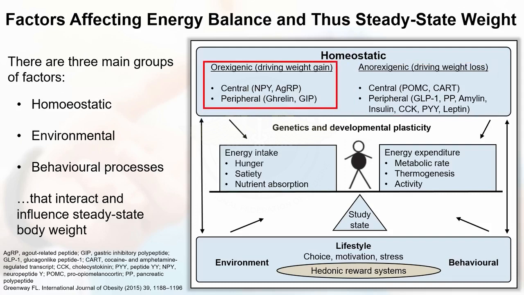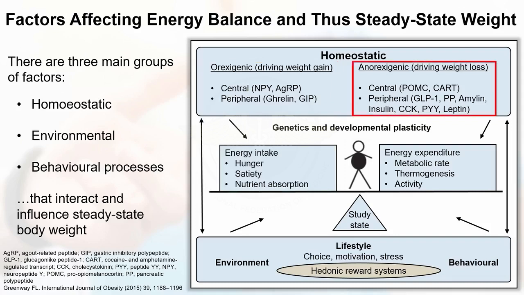So which are the orexigenic neurons driving weight gain in the hypothalamus? These are neuropeptide Y, NPY, and agouti-related neuropeptide. These are the population of neurons in the hypothalamus which drive weight gain. Now, the hormone which drives weight gain, I just told you, is ghrelin, because it is the hunger hormone, released from the stomach, and it stimulates the appetite.